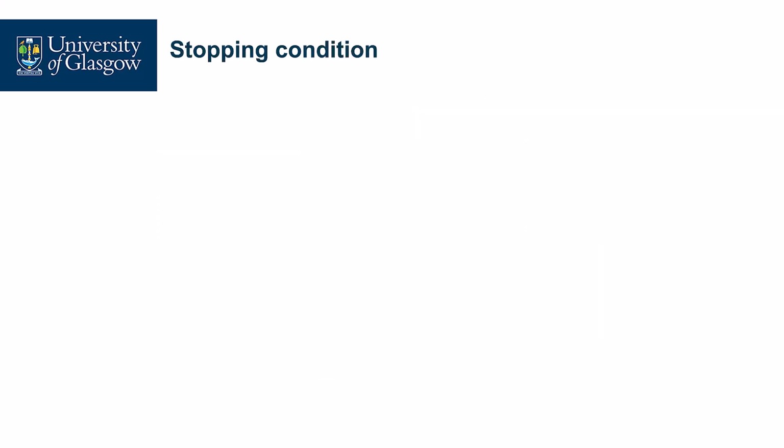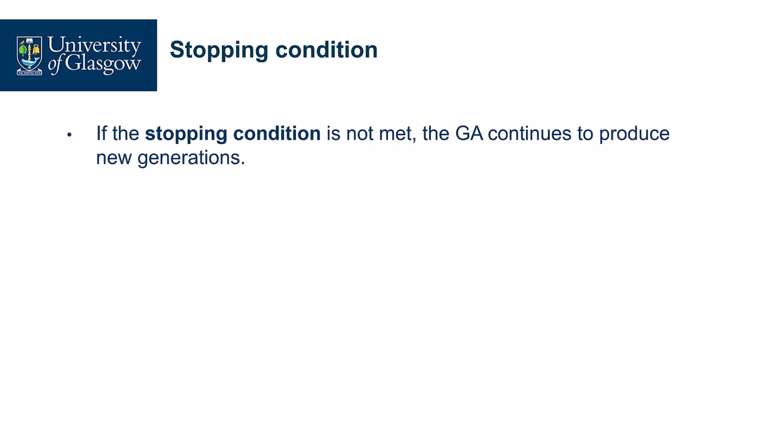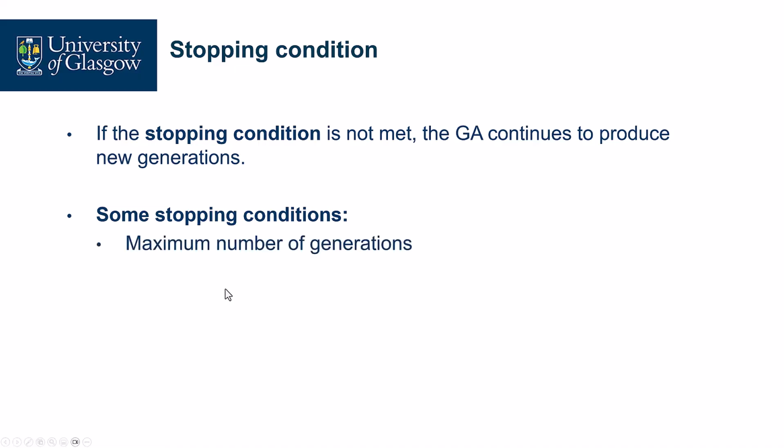This is why we are trying to answer: when will we stop the GA iterations? Because if the stopping criterion is not met, GA will continue to produce new generations, right? So we need to stop GA at a proper time. There are several kinds of stopping conditions. Let me introduce, there are three major ones. First of all, we may set the maximum number of iterations or generations. So we say, okay, the GA runs 1,000 generations and finishes. This is mainly decided by the computing budget or the patience of the user.